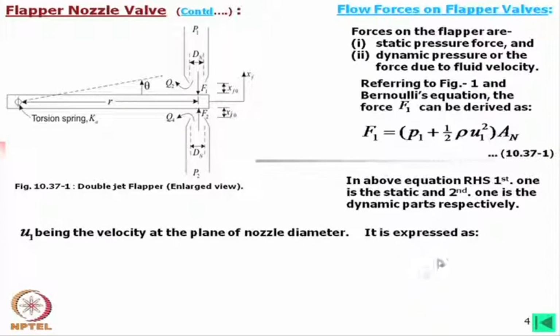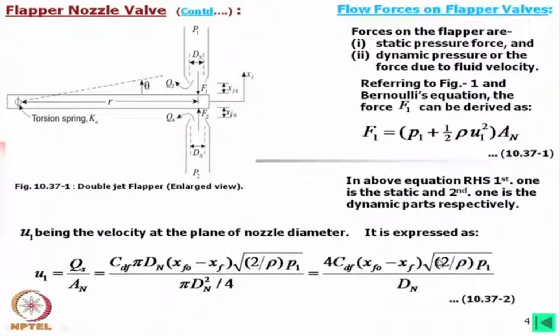Now, it is expressed as a big equation, that is q s by A n and then C d f. The q s is the flow through this nozzle, which may be q 2 and q 4 here, pi d n,